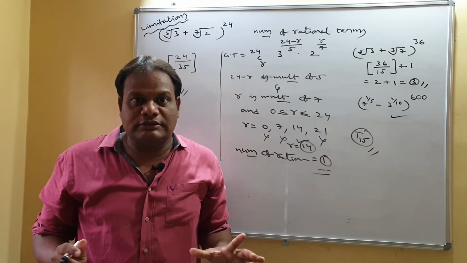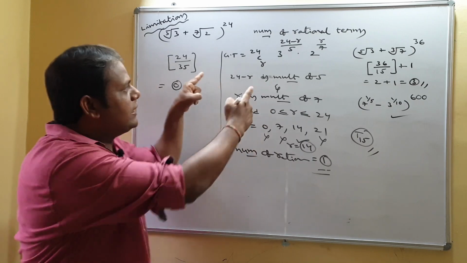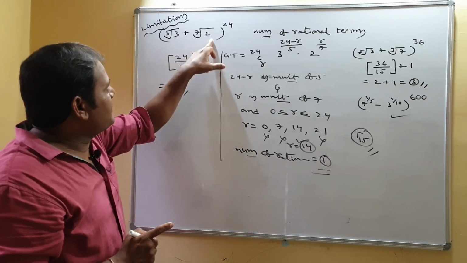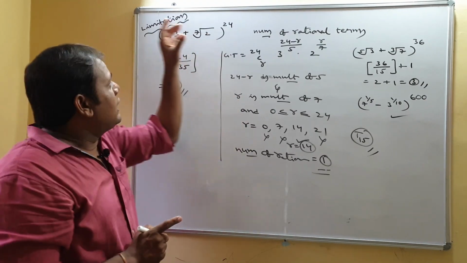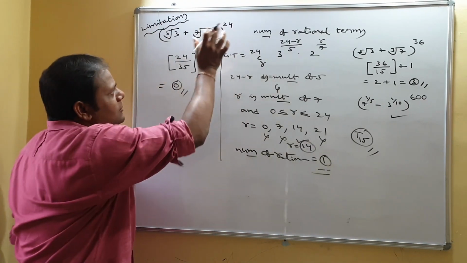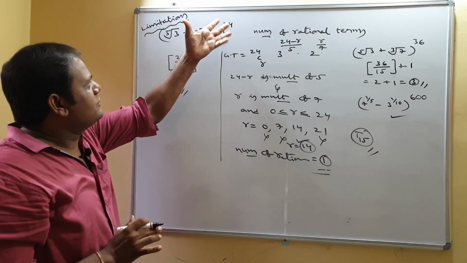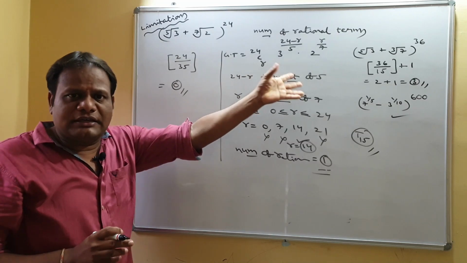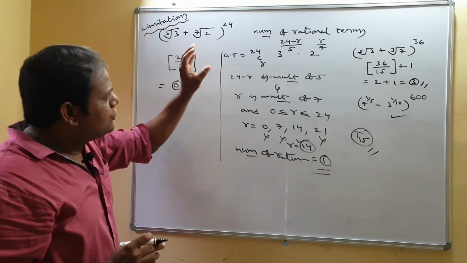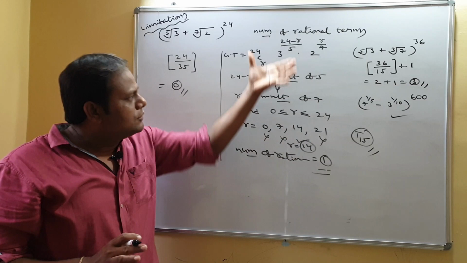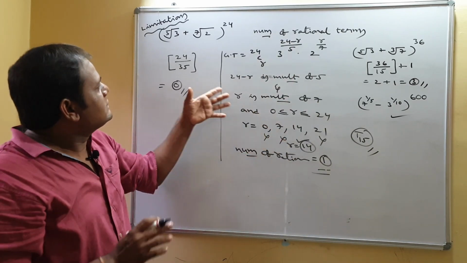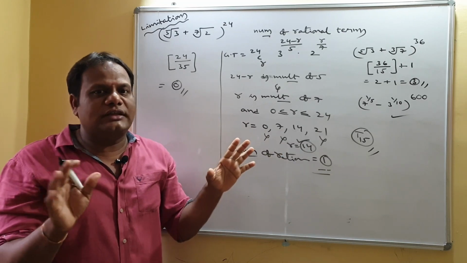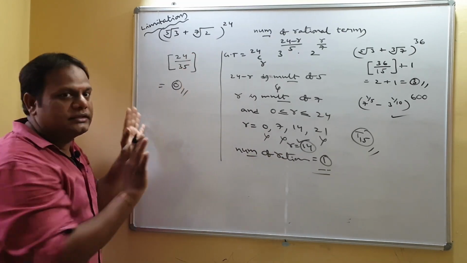So my dear students, you must be very careful while applying this shortcut rule. If these are prime numbers, then it is okay. And this power n must be divisible by either 7 or 5. Then also you can apply the shortcut method. Otherwise, you don't go for that shortcut method. You go for the regular method. Sometimes you may get the answer, but you don't go for that. Sometimes you may get a wrong answer like this.